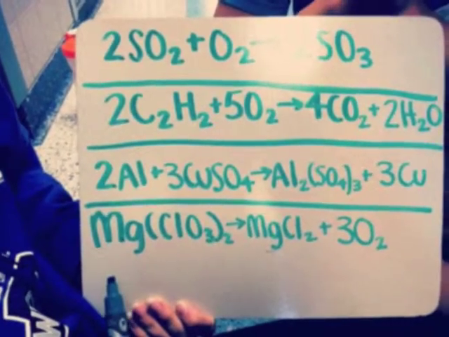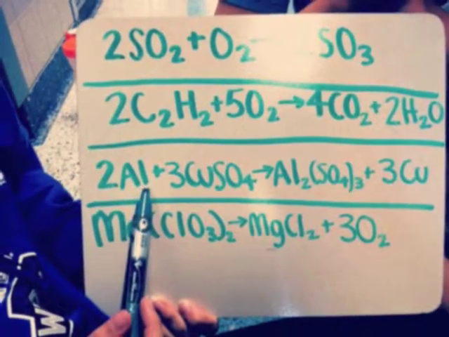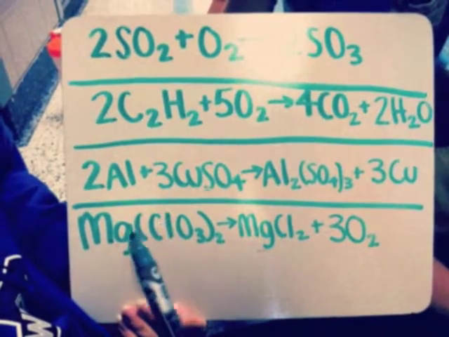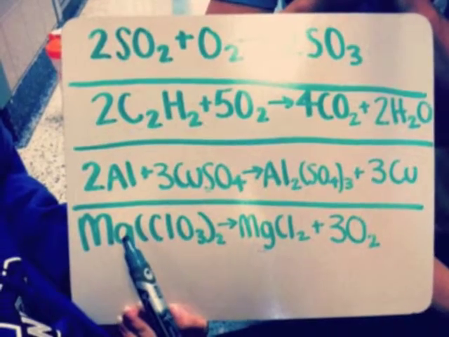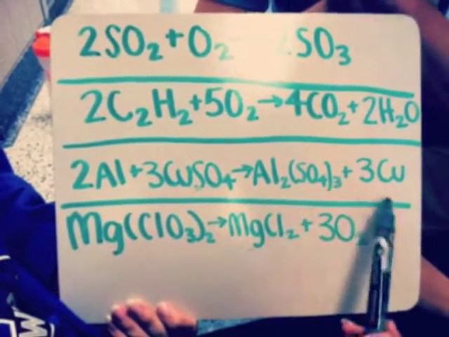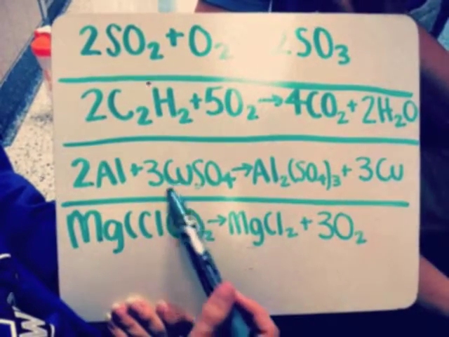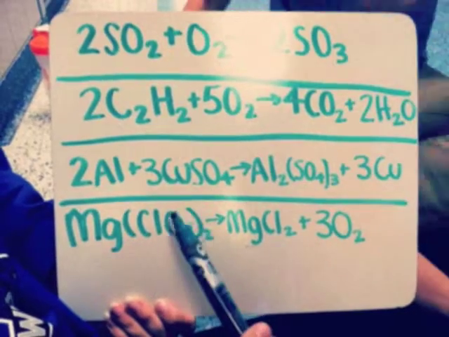And then for a single replacement, there is always one lone element combined with a pair of a cation and an anion. And then on the product side, the lone cation combines with the anion from the other part, leaving the